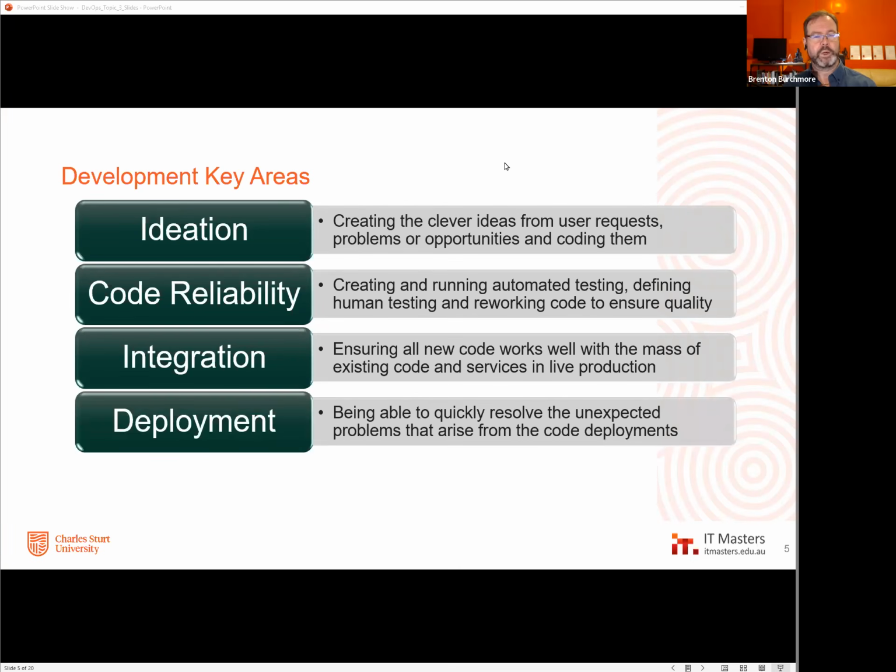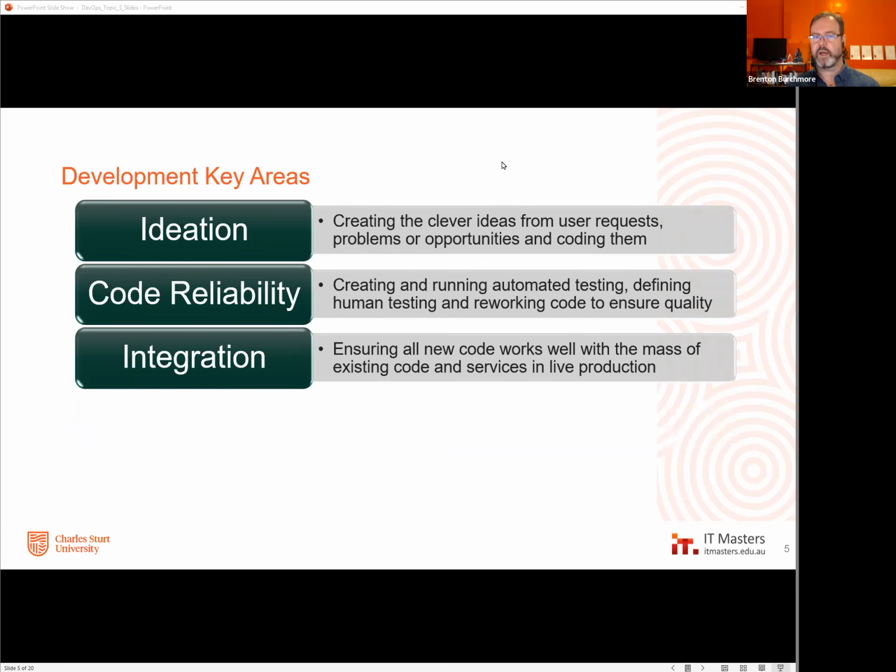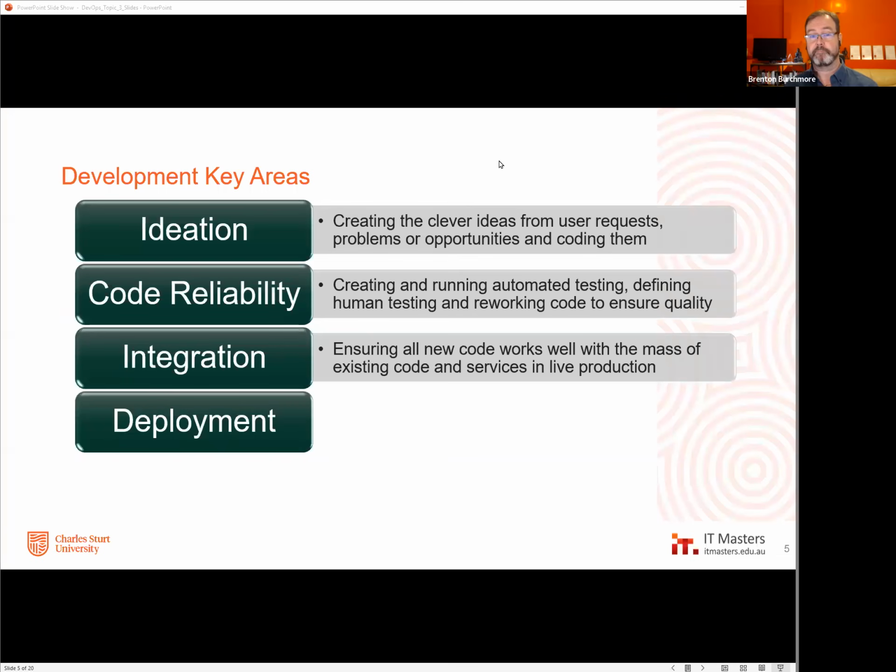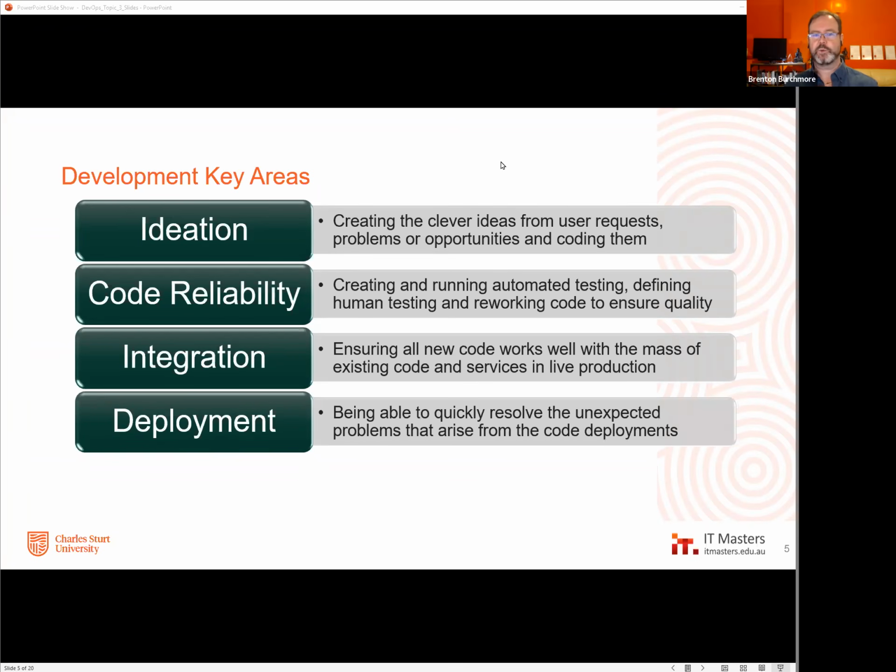But we're now starting to stretch over the fence, because we're also saying that developers have an important role to play during deployment, because no matter how great we've done it up until now, something will still go wrong at the point of deployment. And when it goes wrong, it is usually to do with the application layer. It's to do with something that we've added. It's something that we've changed. And no one is better positioned to recognize it, identify it, test for it, figure it out, adjust it, fix it, roll it back if necessary, and handle all of those on-the-fly decisions that will come out of a code deployment.